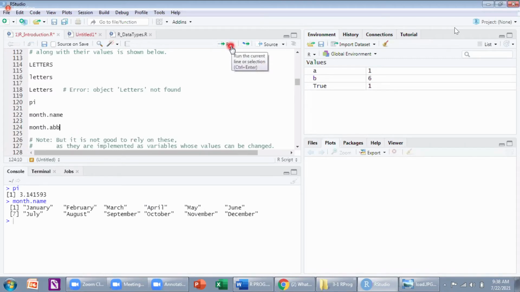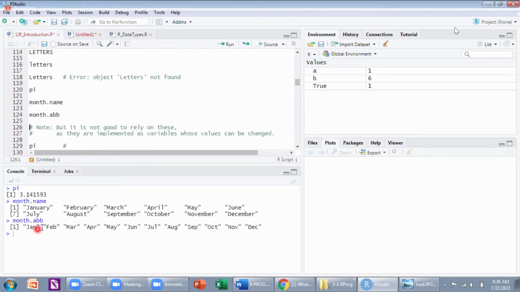Abbreviations. Here it is the complete name, January. Here it will give Jan, Feb, March. Understood the difference between month dot name and month dot ABB? Very good.